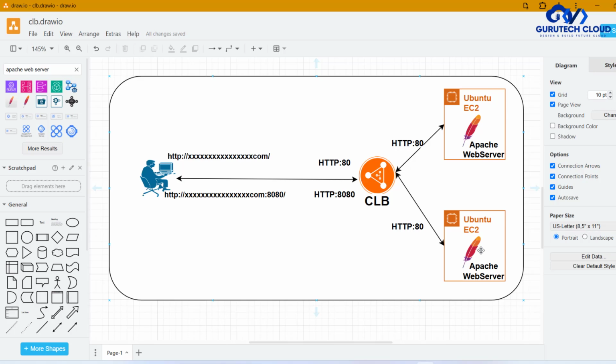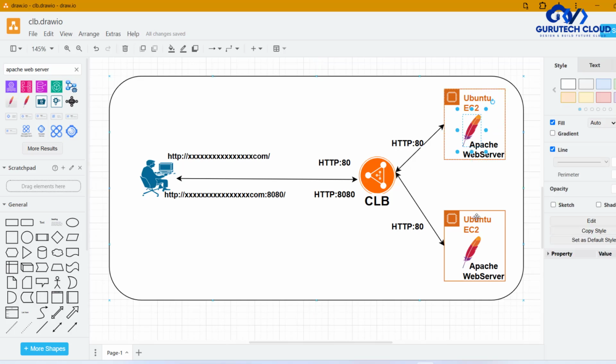And in that server, maybe there's your website running. And you have more than one server, maybe 2, 3, 4, etc. And you want a mechanism that can equally distribute traffic to these particular instances and also do load balancing,